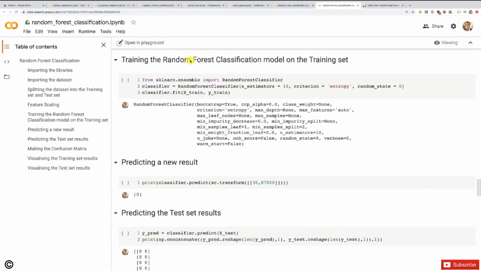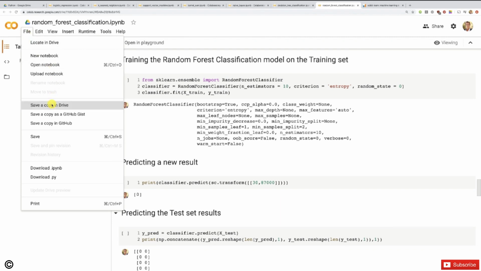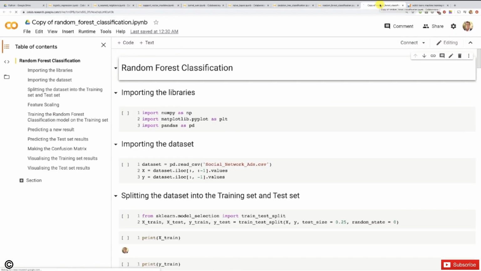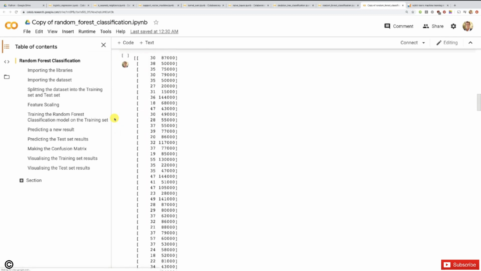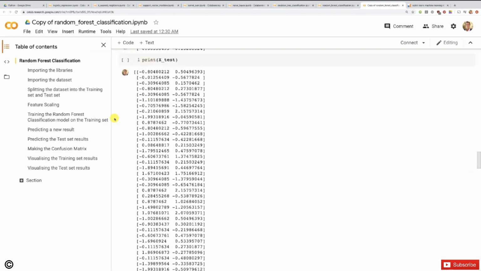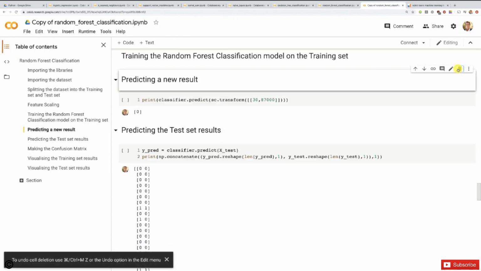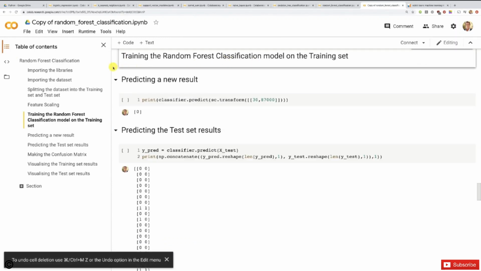So we're going to re-implement that cell, and since this is in read-only mode so that you can all access it, we're going to create a copy of this file by clicking here on Save a Copy in Drive. This creates a copy, and there we go. We will be able to re-implement that cell to train our random forest classification model on the training set. All right, so first let's remove that cell, and now is the time where you're going to press pause on the video